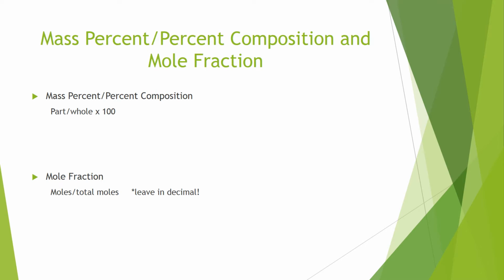Another thing you need to know for stoichiometry is mass percent. Remember that mass percent can also be termed percent composition. The way that we calculate mass percent or percent composition is part divided by whole times 100. So if you have, for instance, that copper sulfate pentahydrate compound, you can figure out the mass percent of water within this whole compound. So your part would be the mass of your water, the whole would be the entire compound, and you would